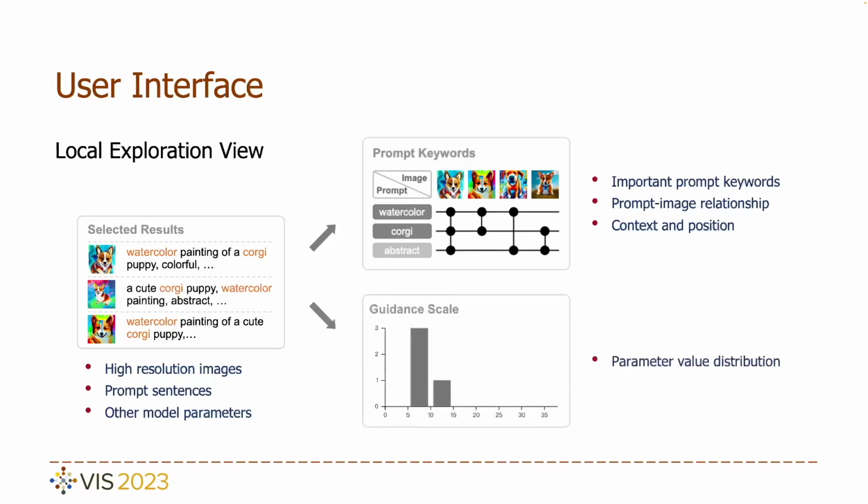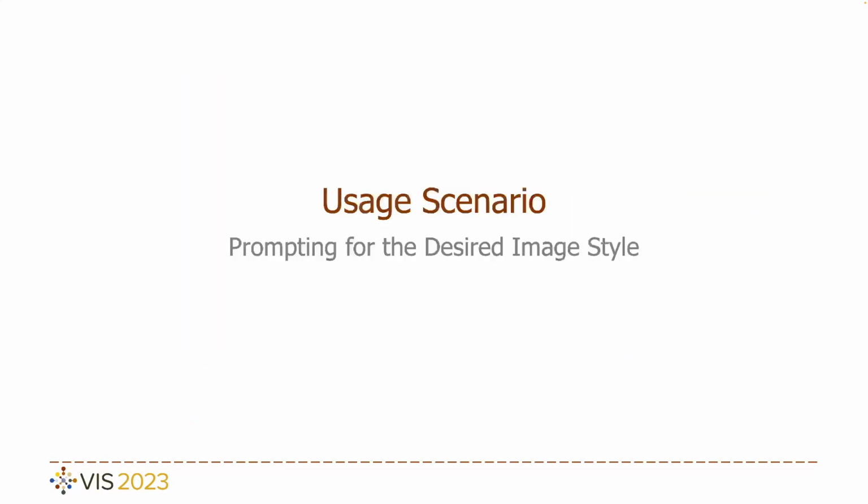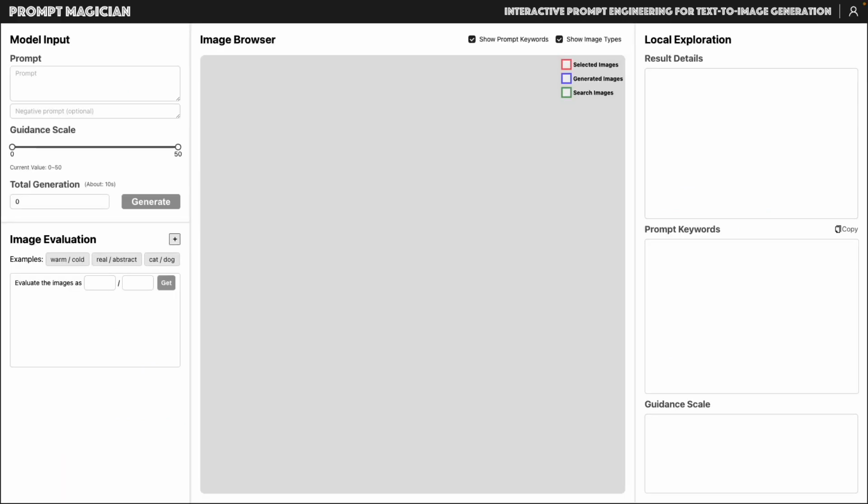Finally, the guidance scale panel visualizes the value distribution of the image subset, providing a reference for users to adjust the parameter range. We demonstrate the system workflow through a usage scenario. In this scenario, the user desires to create an anime-style work featuring a cat. She provides the initial prompt, "a cat on a table under a tree in the style of Japanese anime", in